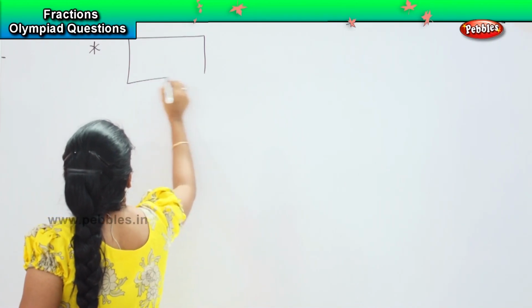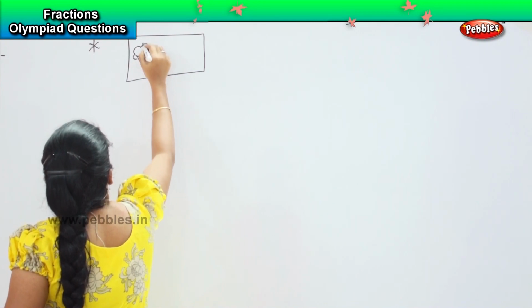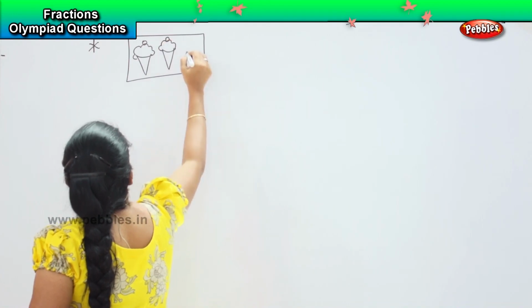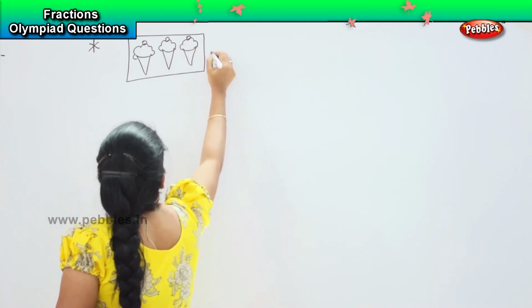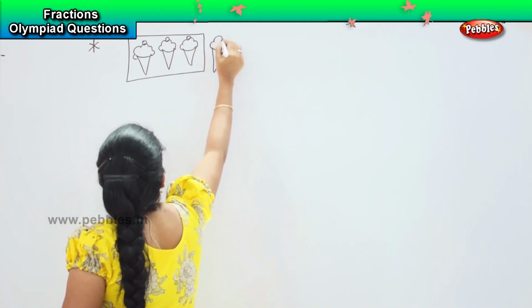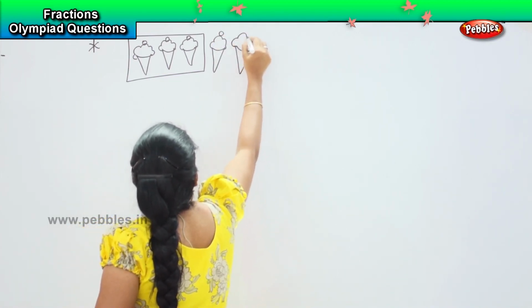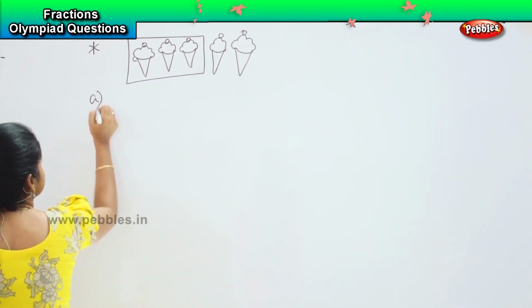Okay, so here is your next question. Okay, now I am going to draw. What is this, children? Something which you like a lot, right? The ice cream. Okay, so I have 3 ice creams inside the box and I have 2 ice creams outside the box. Okay, your first question is,